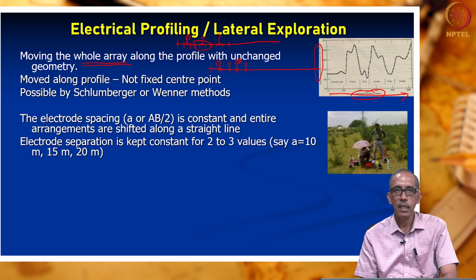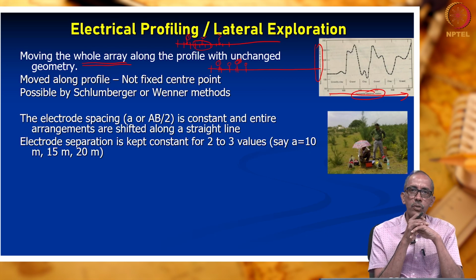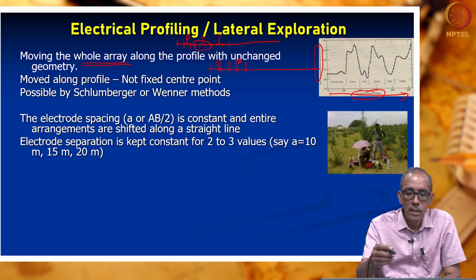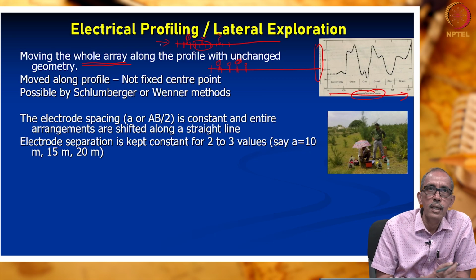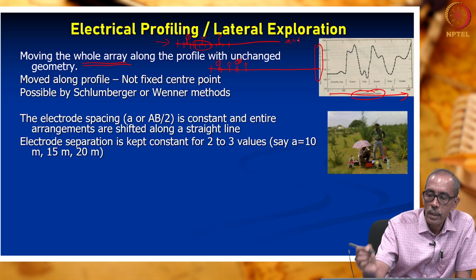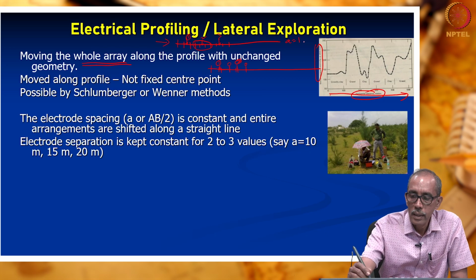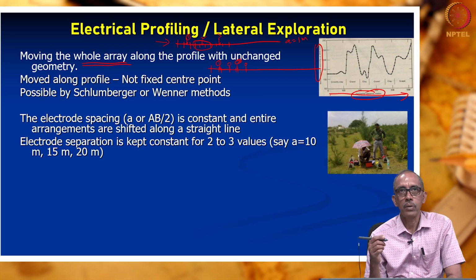Sometimes the situation may warrant that it may not be sufficient for us to have the same electrode spacing. Let us look at this diagram. Now, we have used the Wenner method in the first diagram I have drawn. Please focus your attention on this. Let us imagine the distance I have drawn is only A equal to 1 meter. A is the distance between the electrodes.